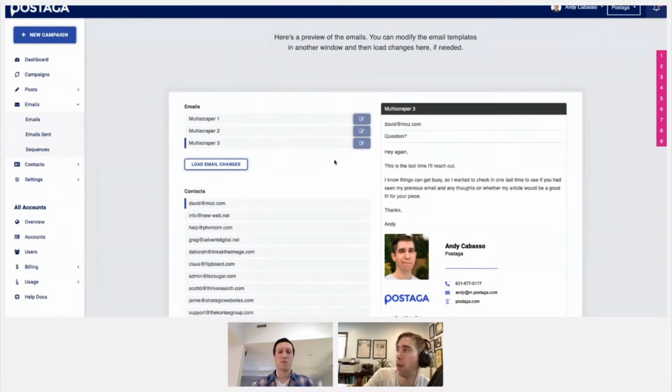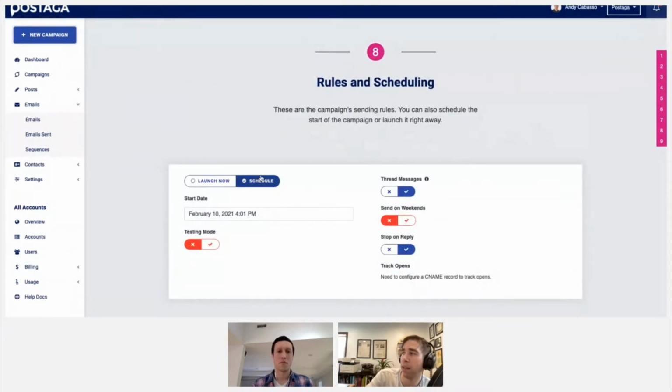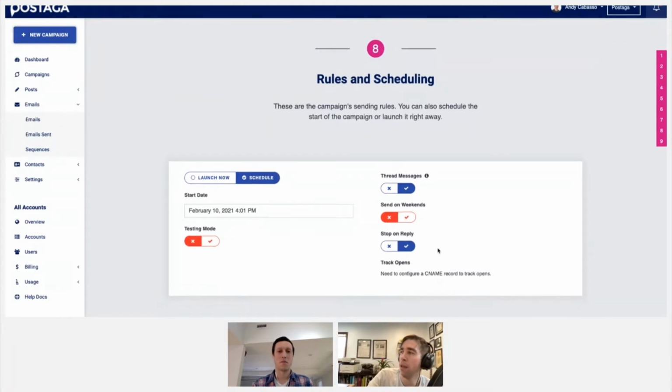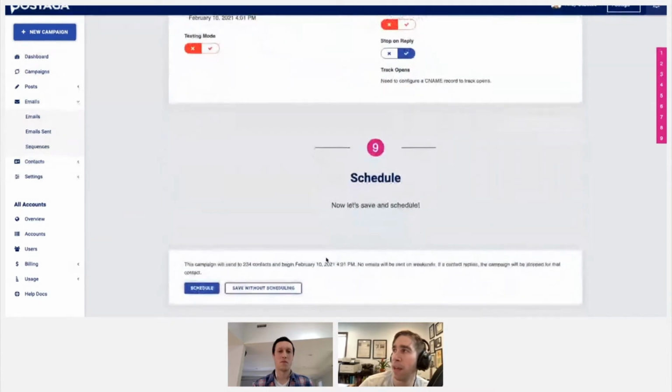So once I'm happy with all of that, I can schedule the emails to send out. I can send them out now or send it out later. I can also set rules for, do I want follow-up emails to be able to go out on weekends? Personally, I don't like that. So I have an option here to make sure that if a follow-up date would fall on a Saturday or Sunday, the next email in the sequence will go out on a Monday. And also the stop on reply button lets me ensure that if I get a reply from a specific contact, that contact won't get a follow-up email from me. And then I can schedule that out.